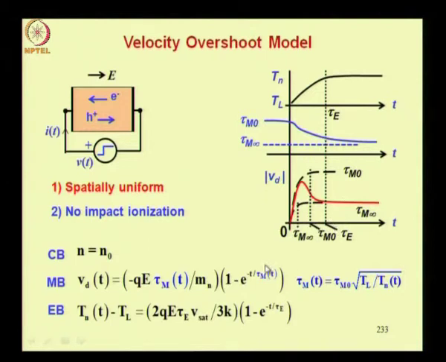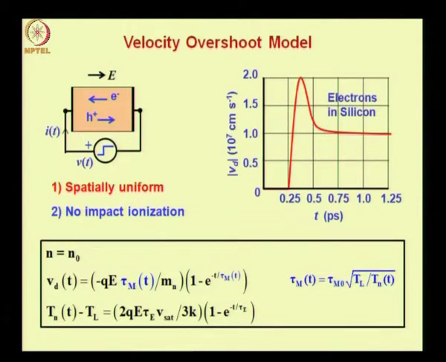So in fact this is what I leave it to you as an assignment to show, that when you assume tau m as a function of time here according to this formula, you will actually get a velocity overshoot. Okay, so you will have a region where the velocity versus time will have a negative value, or you can also analytically approach the problem as finding out the derivative dvd by dt and show that it goes to 0 at some non-zero time, and where it goes to 0 the d square vd by dt square has appropriate sign to show that it is a maximum. So this is our model of velocity overshoot